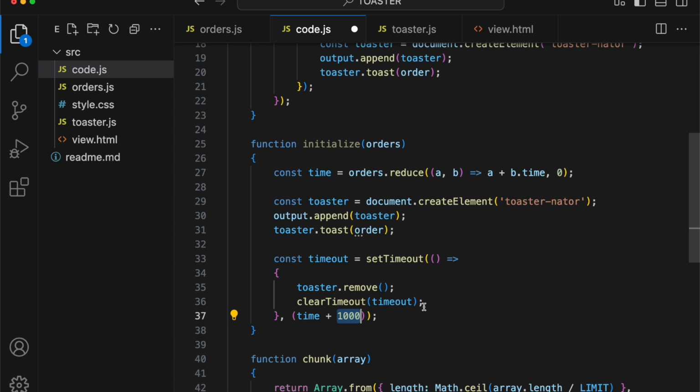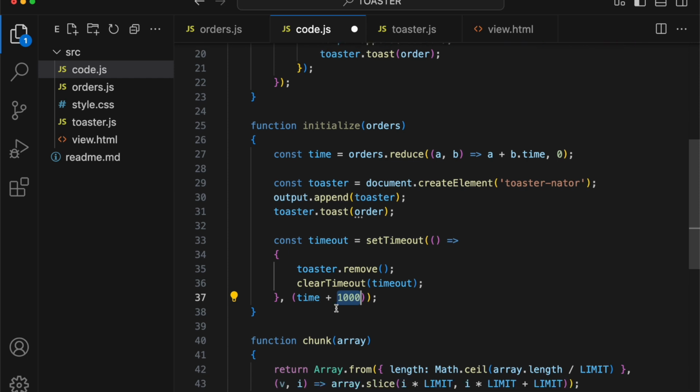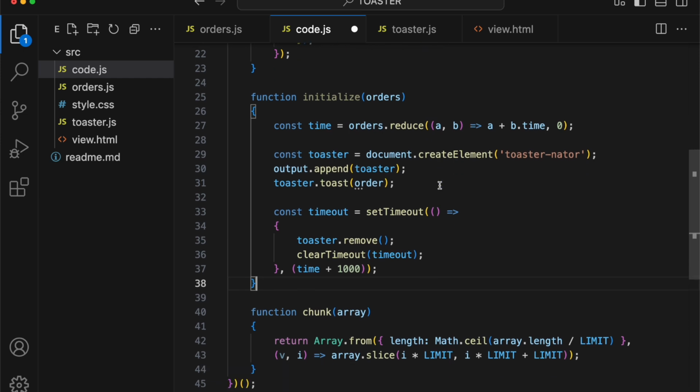So let's see what we're looking at here. I've got to go back to my notes. Our initialize function, make sure this is all correct. This is looking good. We got clear, remove, timeout, toaster, append, toaster, and orders. Looking good here. So now we need to do what? We need to